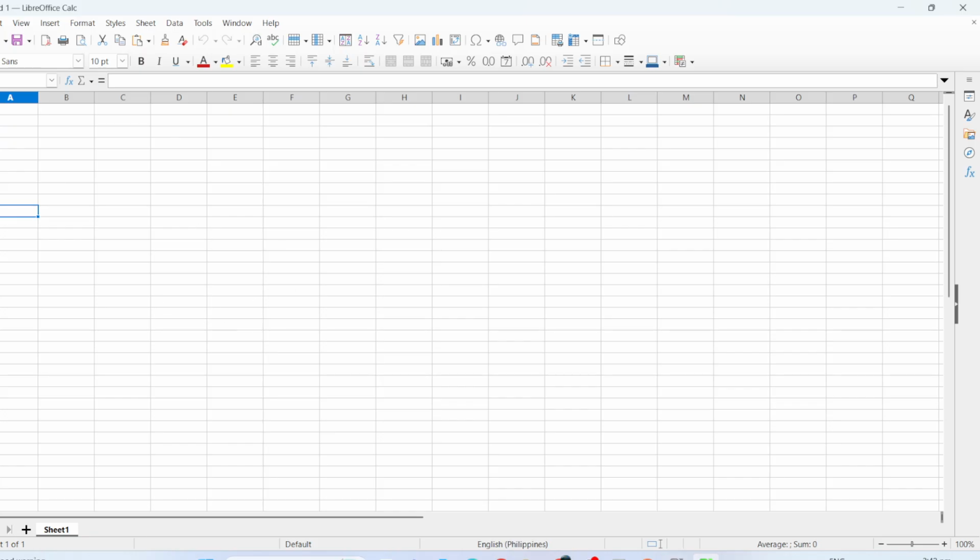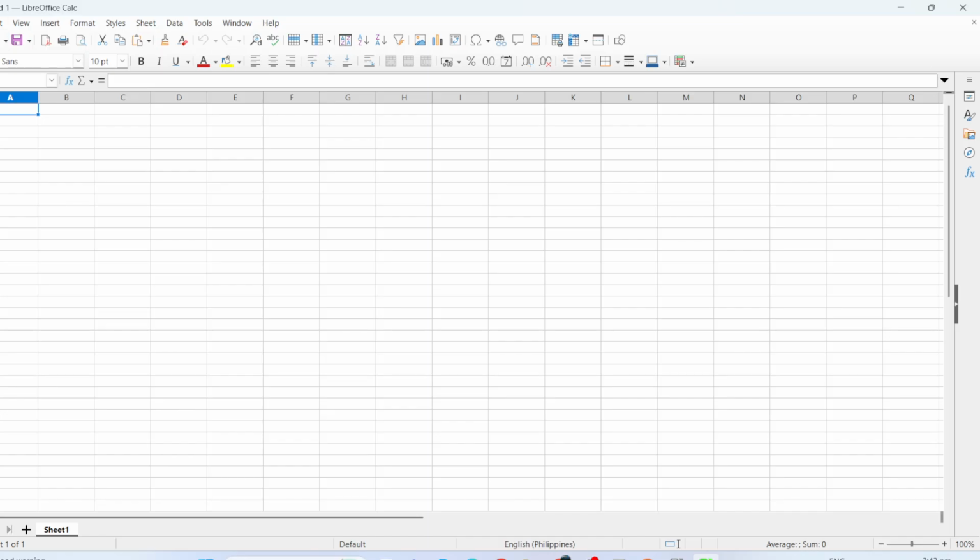Now that we have our spreadsheet open, let's take a moment to understand the layout of the Calc window. You'll notice the grid made up of small boxes. These are called cells, and they're organized into columns labeled A, B, C, and so forth, as well as rows numbered 1, 2, 3, and so on. Each cell can be identified by a unique address based on its column and row, such as A1 or B2. Just above the sheet, you'll find the formula bar where you can enter data or formulas. And at the bottom of your window, you'll see the Sheet tabs, which you can use to switch between different